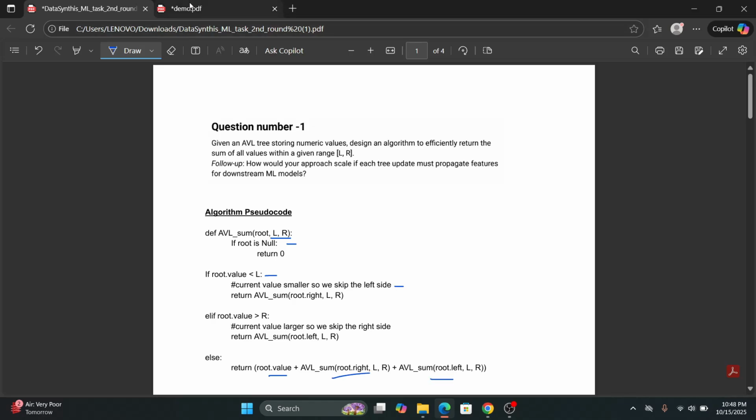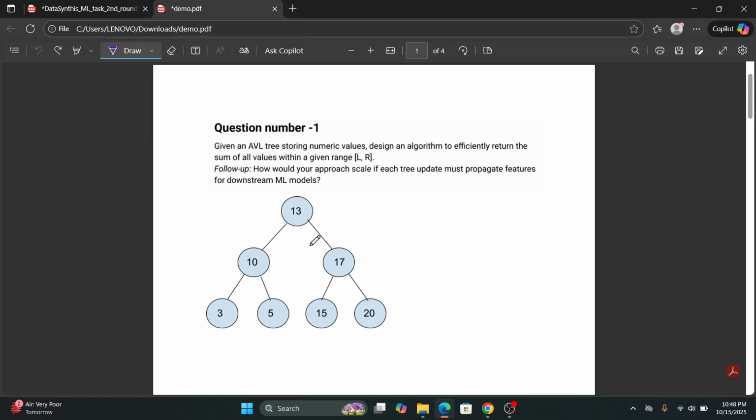Let's say, for example, we have this tree right here, and we want the sum from range 7 to 15. We start from the root here. We first check if the value is within our range, and it is indeed in our range. So we go to the left, and we have this value right here, 10. This is also in our range, but these two values aren't in our range, and they will be skipped according